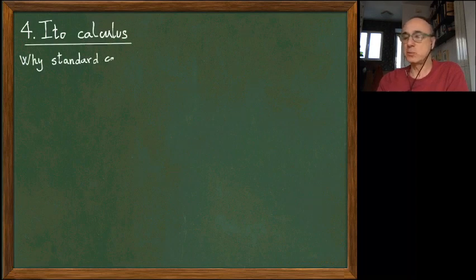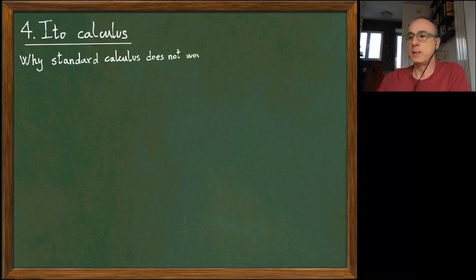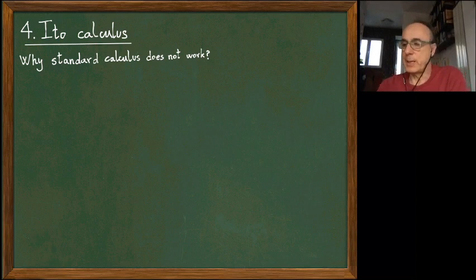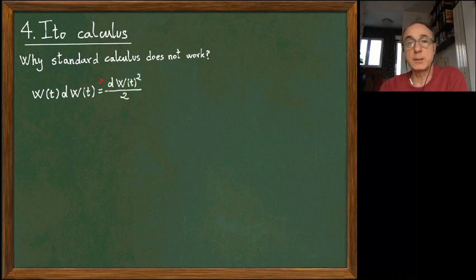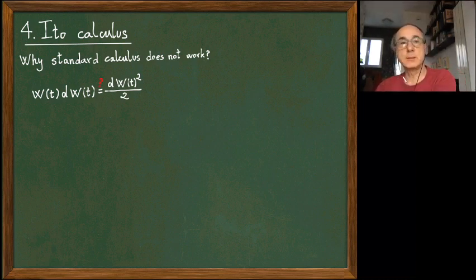And to start, we have to ask ourselves why the Ito integral is not compatible. Why the standard calculus doesn't work? The reason is the following: the standard calculus tells us that the integral of w dw is w squared divided by 2. I write this question mark here just to recall that in the Ito integral, this fails. Actually, this is not true. And we have to ask ourselves why this is not true, and we have to explore this.